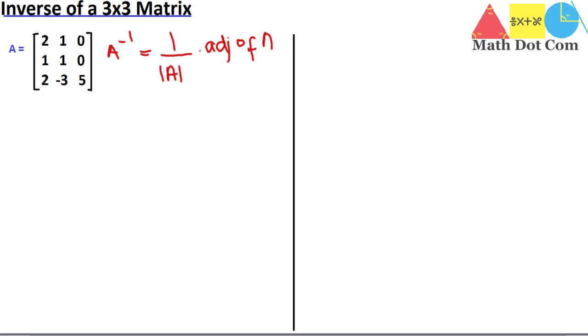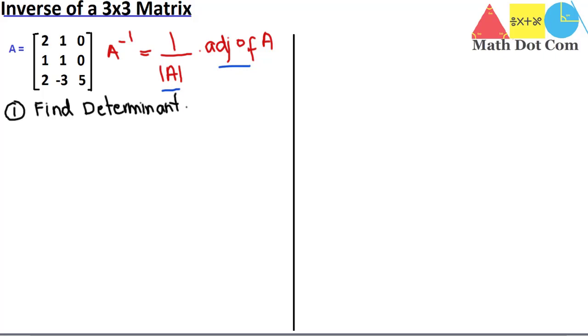So it means you have to find two things in order to find the inverse. One is the determinant of a 3 into 3 matrix and the other is the adjoint of a 3 into 3 matrix. We have found the determinant as well as the adjoint in our previous lecture of 3 into 3 matrices, but for your ease I will revise it here again, and we will do it quickly as we have short time and we have to do a lot of work here. So first we will find the determinant. Our first step is to find the determinant of the matrix.